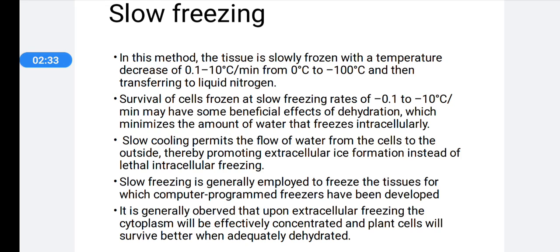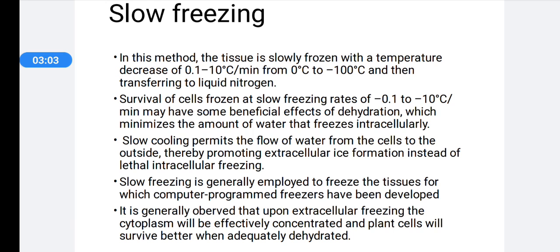This slow cooling will also permit the flow of water from the cells to the outside, thereby promoting extracellular ice crystal formation instead of lethal intracellular freezing. This slow freezing is generally employed to freeze tissues for which computer programmed freezers have been developed, and it is generally observed that upon extracellular freezing, the cytoplasm will be effectively concentrated and plant cells will survive better when